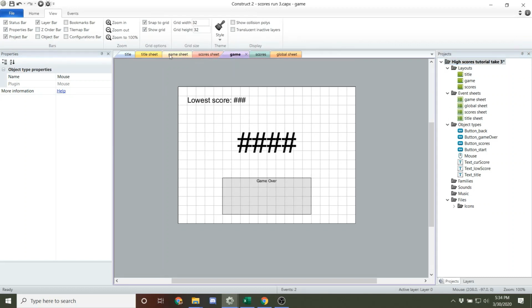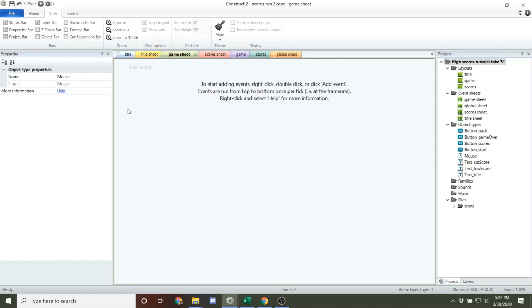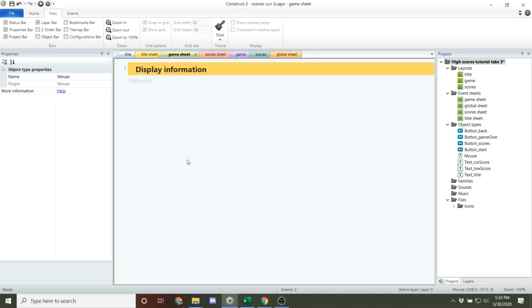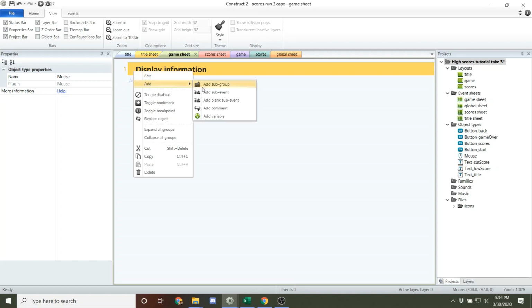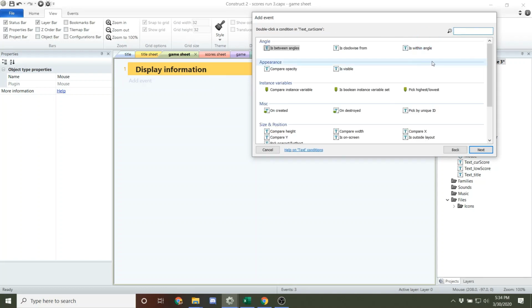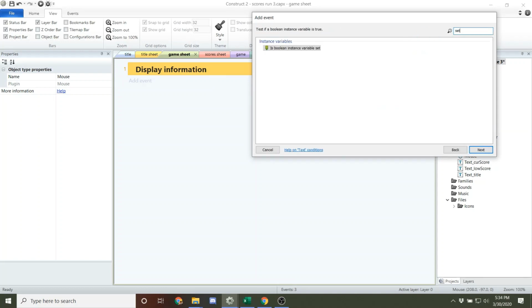So now if we go to our game sheet, I'm going to right click, add group, and we're going to call this display information, because right now we're just going to set the text to what it should be. So I'm going to add a sub event, and for here, text current score, we're going to set text. No, we're going to